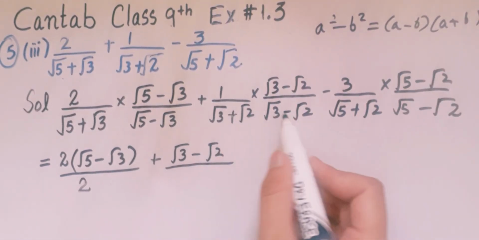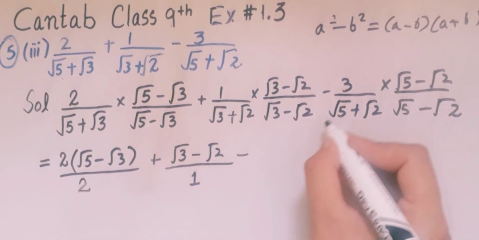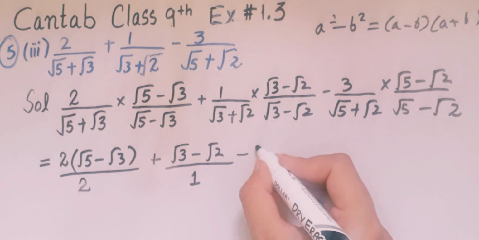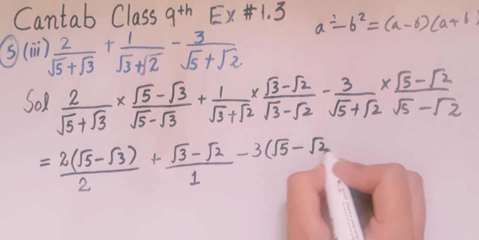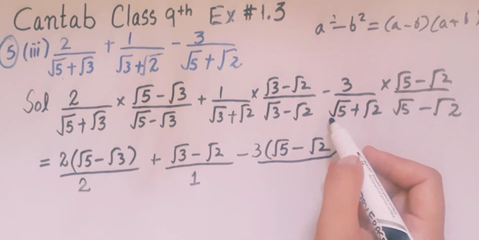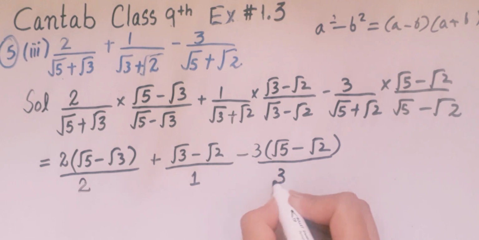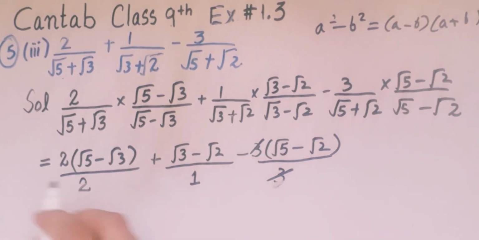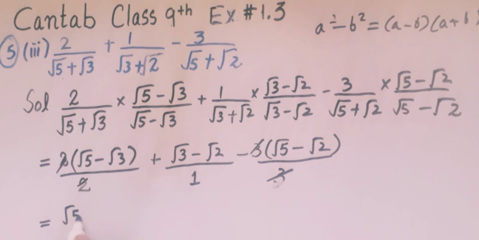So we have 3 minus 2 which is equal to 1, minus 3 into square root of 5 minus square root of 2 by square root of 5 square minus square root of 2 square, which is equal to 3. So this 3 will be cancelled, this 2 will be cancelled and we have square root of 5 minus square